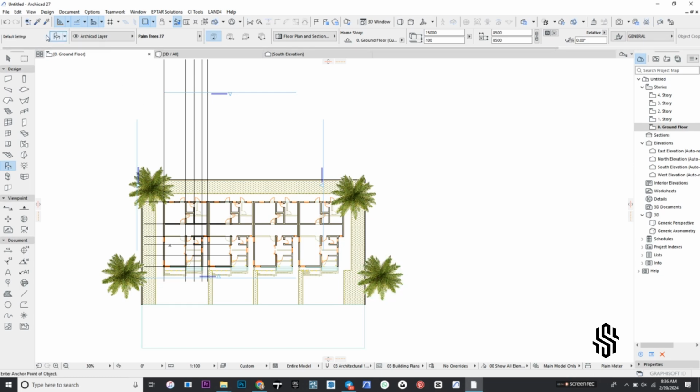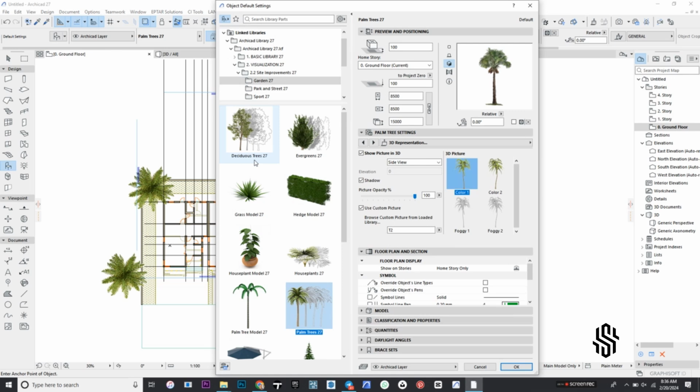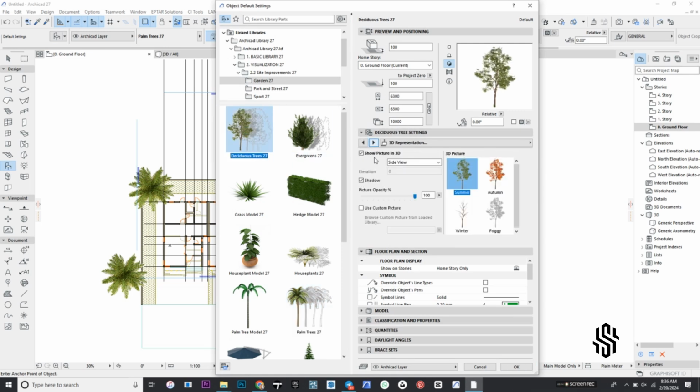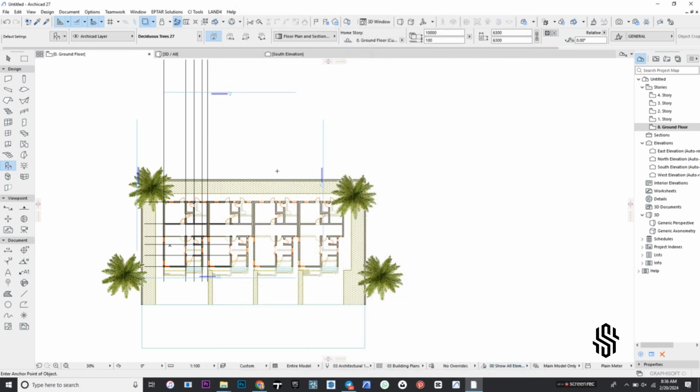Next, I will place some trees. I like using trees for its own purpose. Just like I used palm for its own purpose, I use house plants for its own purpose. So, just like you see on the screen, I can place it on floor plan, and I can also place it on